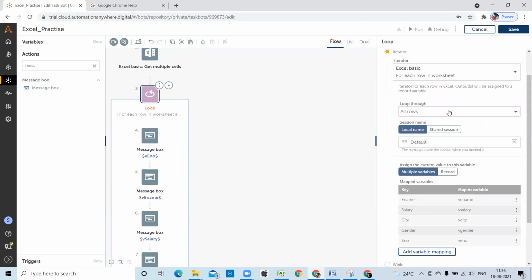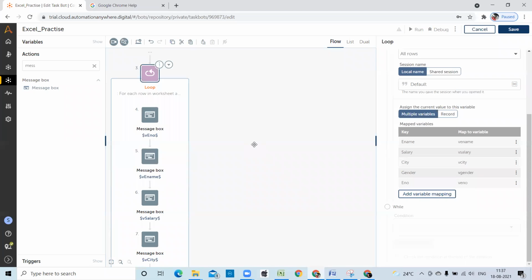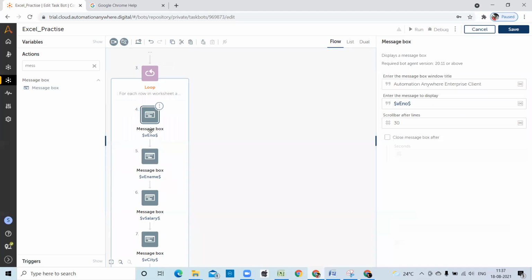So loop through all the rows, session name will be default, and select the multiple variables and create a key name and variable. So employee number data I'm storing into VNO and gender I'm storing into V gender. Like this I did. So within the loop I have created the message boxes to display the employee number, employee name, salary, city, and gender.